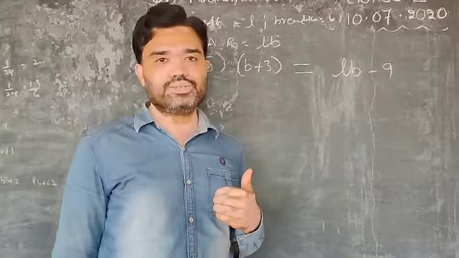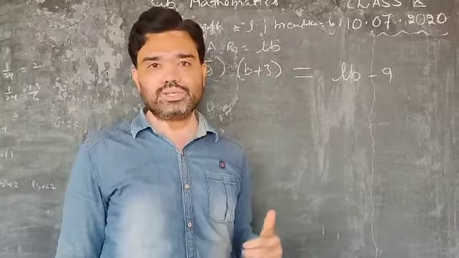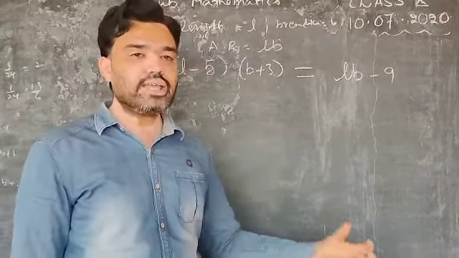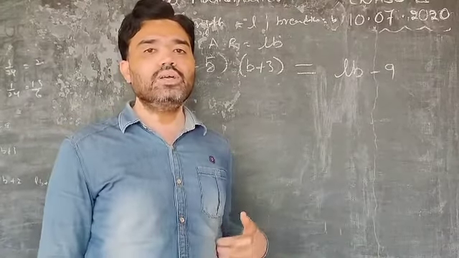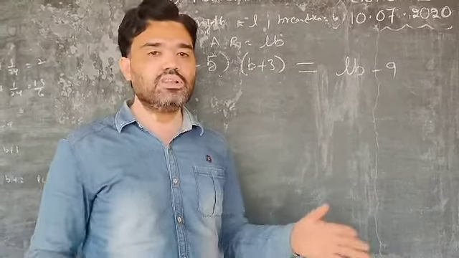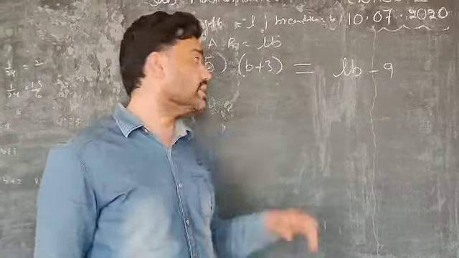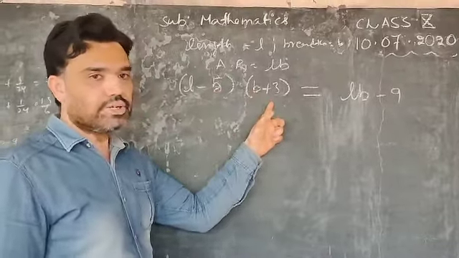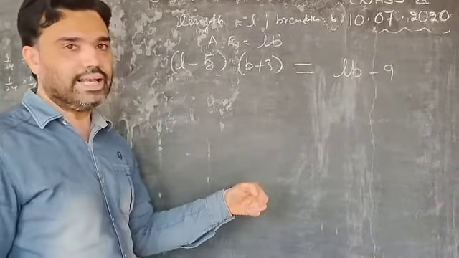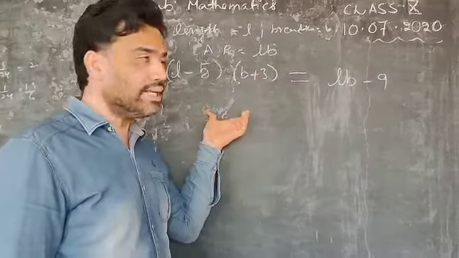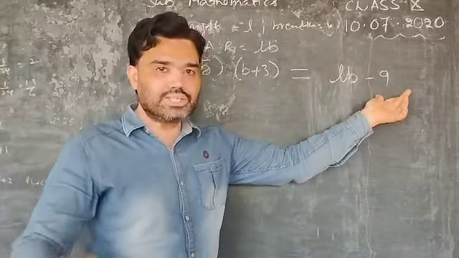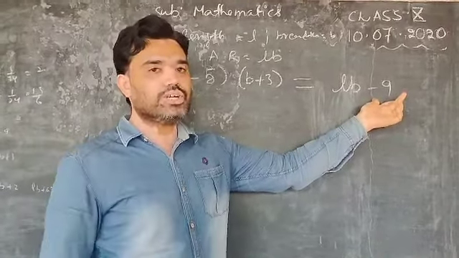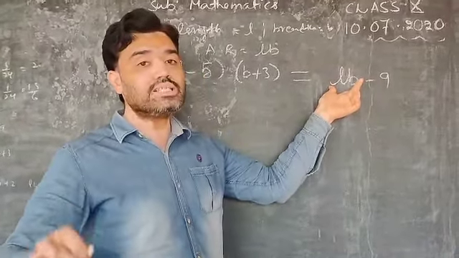Suppose I have 10 rupees. My brother has 8 rupees. My brother has 2 rupees less than me. Then if I subtract 2 from my amount, both of us have 8. Are you getting my point? Like that, you have to take an example. Now this is the new length and this is the new breadth. If you multiply that, the area of the new rectangle is reduced by 9 square units compared to the area of the original rectangle.